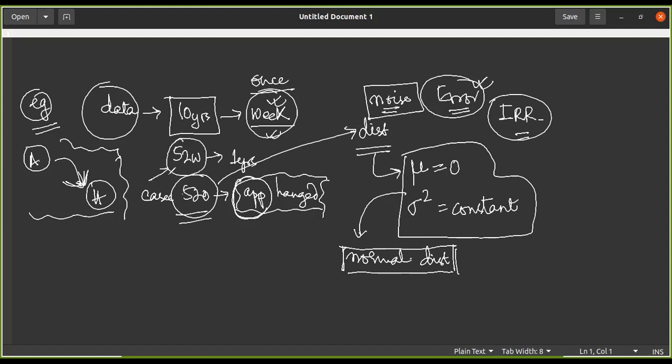We can investigate and find out why these 520 instances have happened. But usually what do we do? Because we don't know the exact root cause, we cannot do the exact RCA for this kind of scenario, we ignore it. We take out the noise component, or the error component, out of the data, right? But if I only look at the error component as a separate entity, it is going to have a mean of 0 and some kind of constant variance or standard deviation. So that's the property of noise, the property of the irregularity.